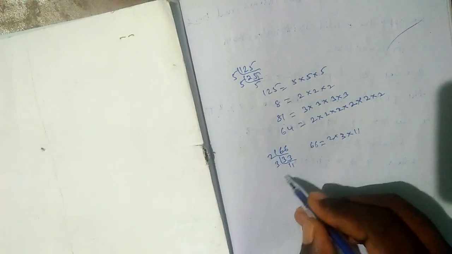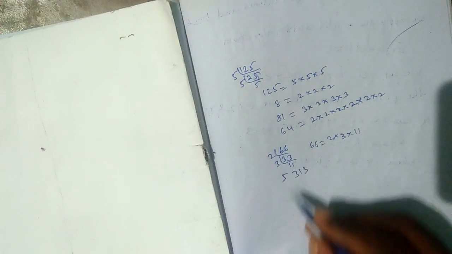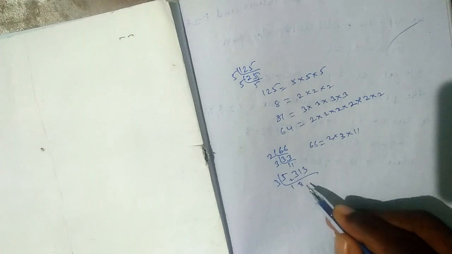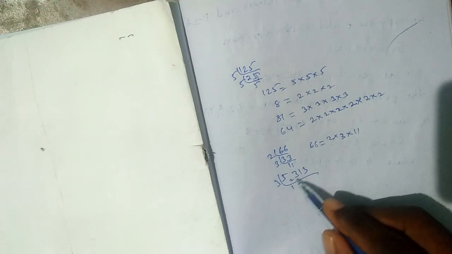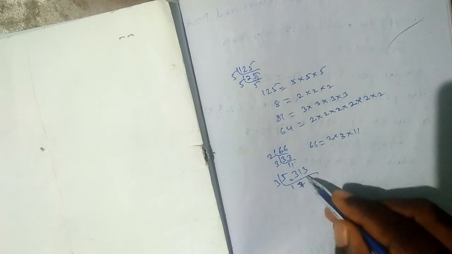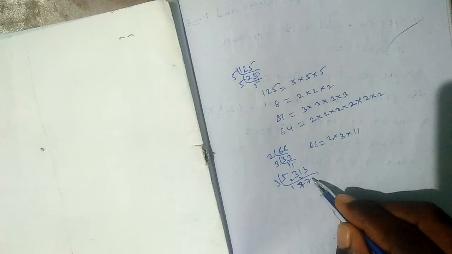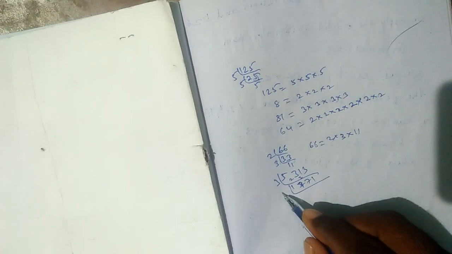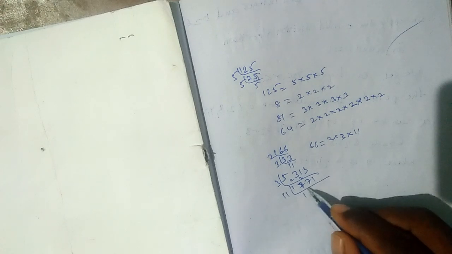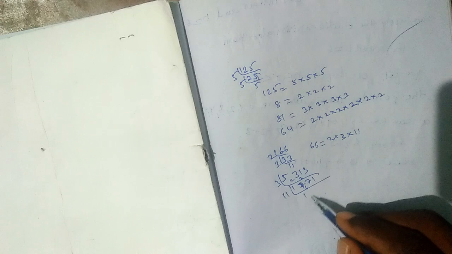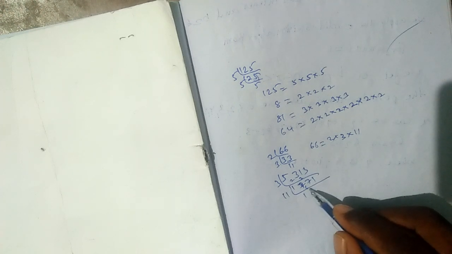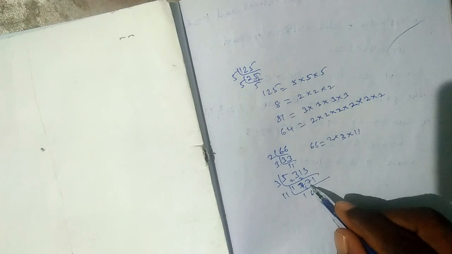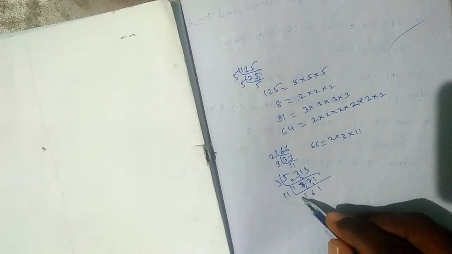One more example, 5313. 3 table: 3 ones are 3, 2 leaves, 3 threes are 9, 3 sevens are 21, 3 ones are 3. Now 11 table: 11 ones are 11, 11 sixes are 66, and so on; dividing 11 into 253 gives 23, 11 twos are 22, 1 leave, 11 ones are 11.